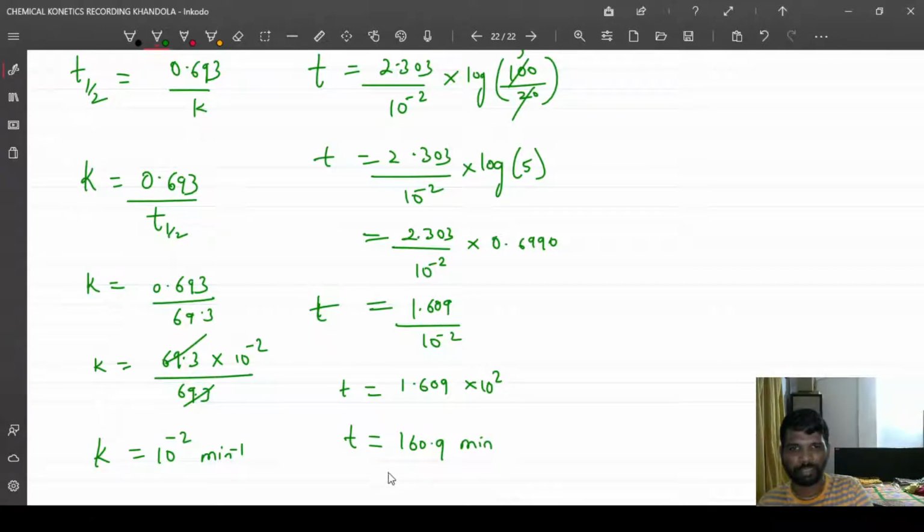minutes. I can write this approximately. It's not compulsory. If you are answering a normal regular Goa board or subjective question, it's okay to write 160.9, or you can approximate this to 161 minutes, rounding off. So we have understood how to use t half, where to use t half. That's it.